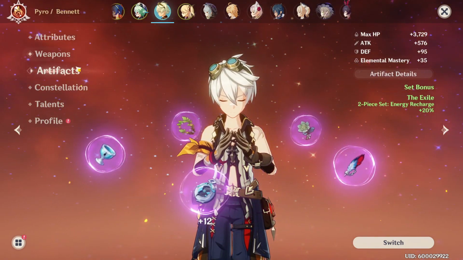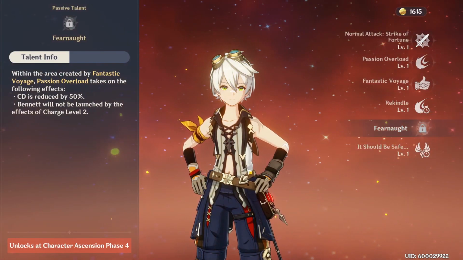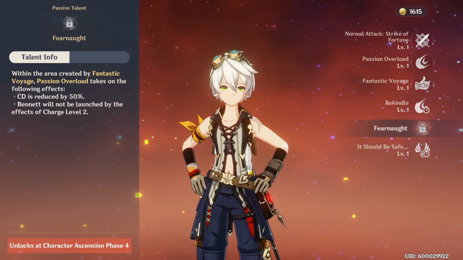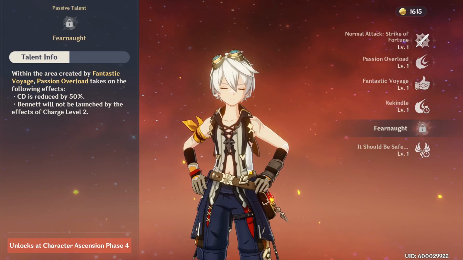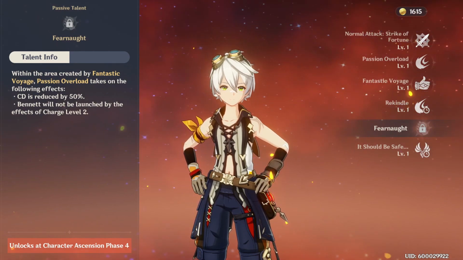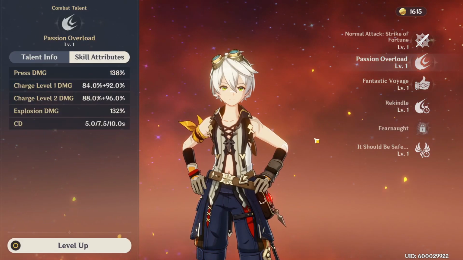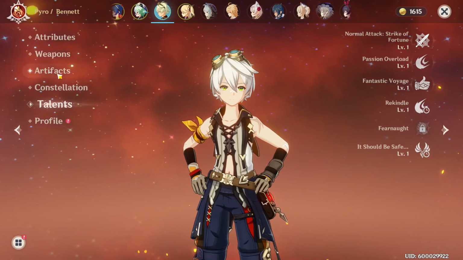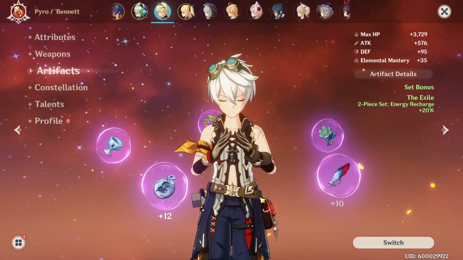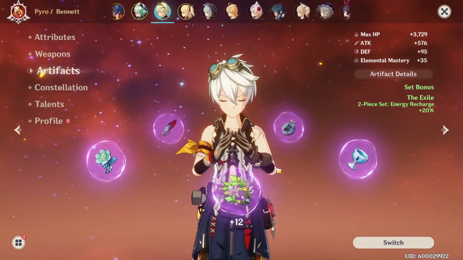damage. However, the way his talents and constellations play out, such as Fear Not, make me think that in the future, once you do get Fear Not, you might want to be building Bennett as your primary DPS. Because once you get a talent like this, it allows you to essentially spam his first ability, Passion Overload, meaning he's going to be able to push out a ton of damage. But for now, until I get that particular talent, I think I'm going to be building him in that sort